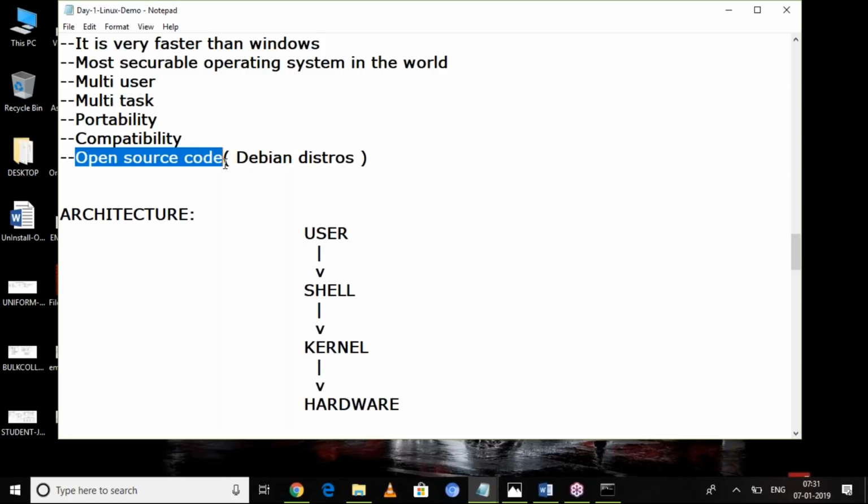Anybody can download Debian related distributions. Distros means distributions. Debian flavor of Linux you can freely download. That's why it is called open source code. So this is the basic idea about the Linux operating system.